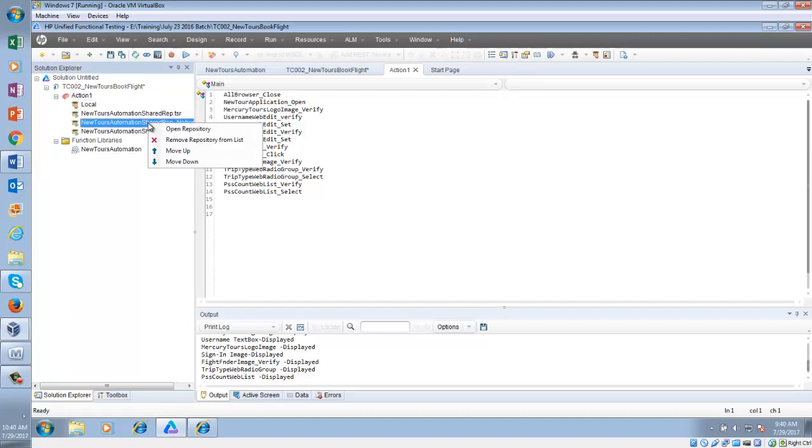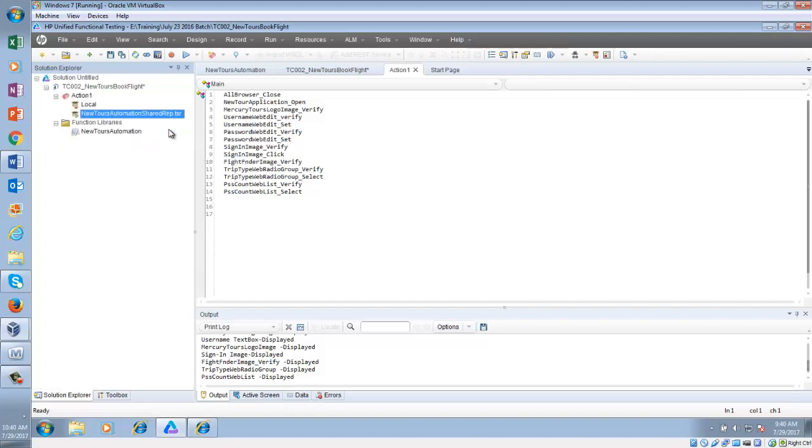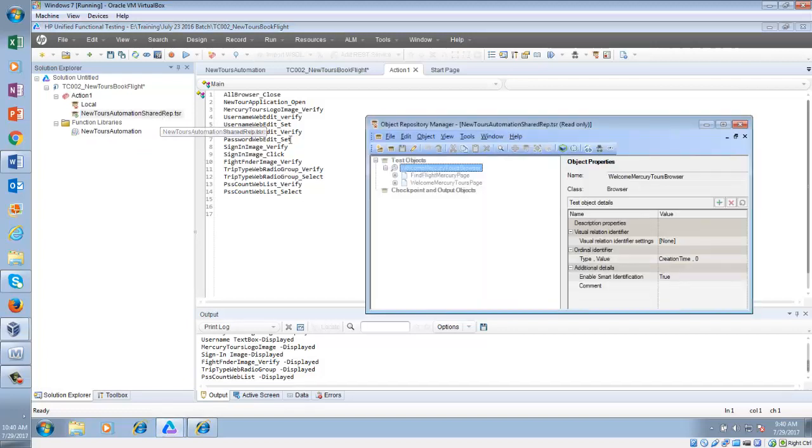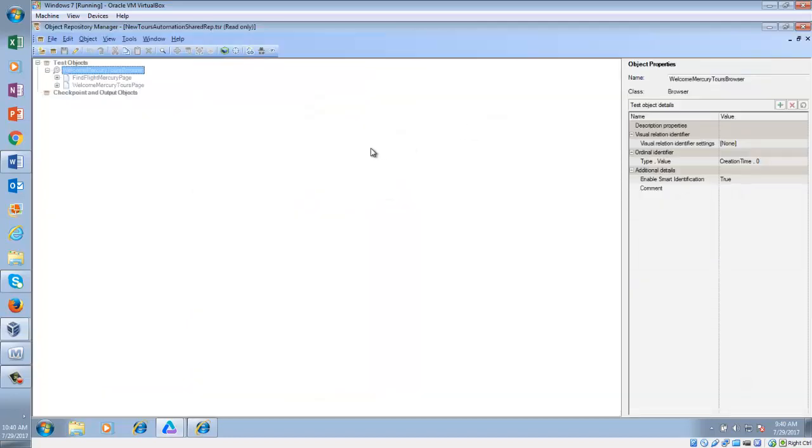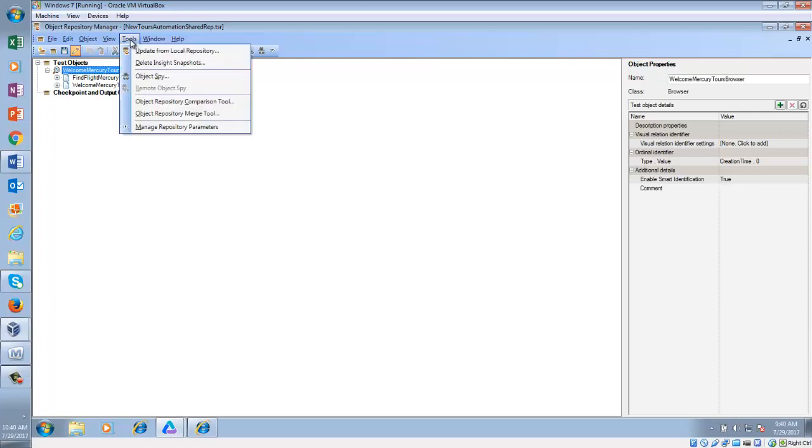So what we do is keep only one master repository with every test case, and multiple people add multiple objects. In the master object repository, can you see tools, and the object repository merge tool?